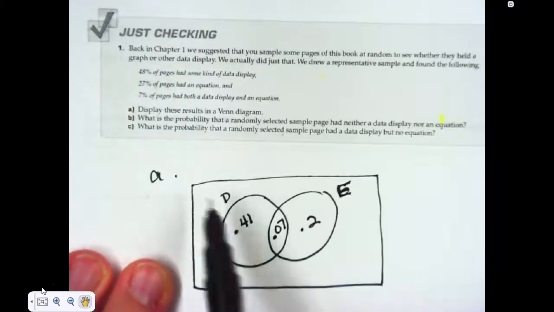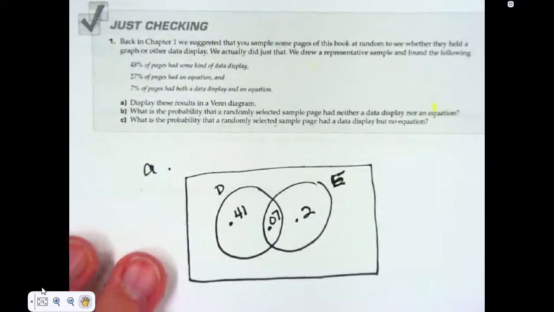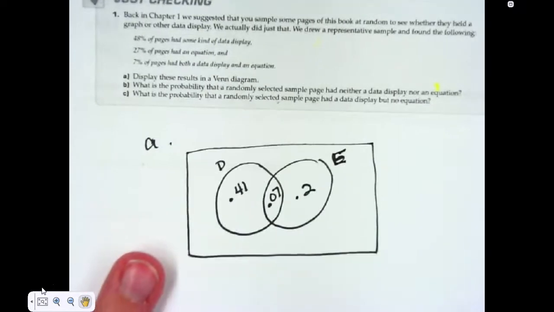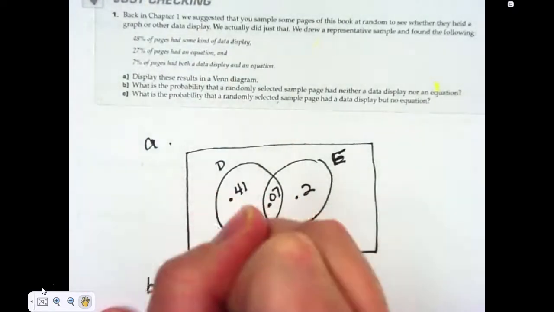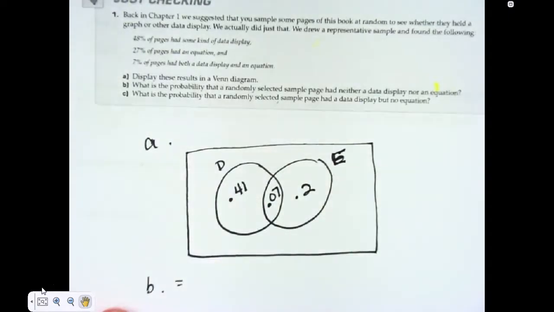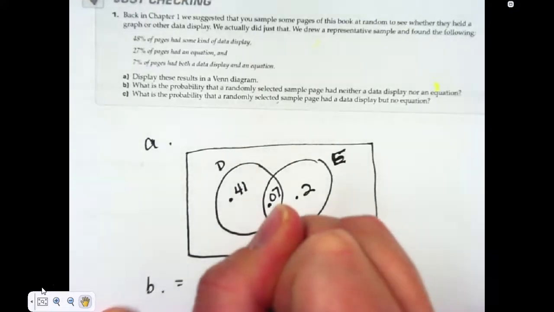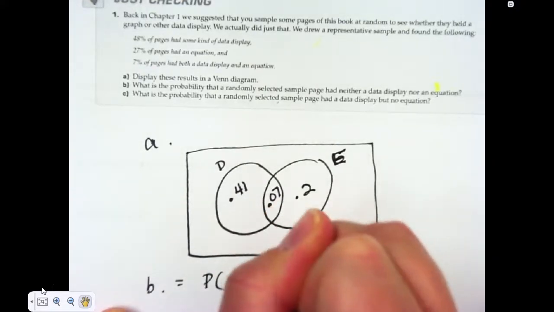So that's going to be outside of the box. In this case, we know the sample space, all the possible options, has to add up to 1. So to get part B, I'm going to use the complement. So a not one of those. So I'm going to take 1 minus the probability of neither